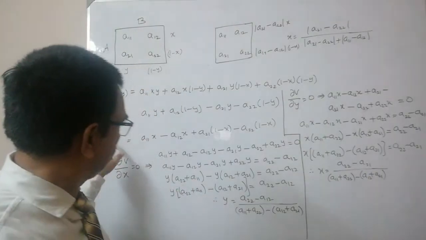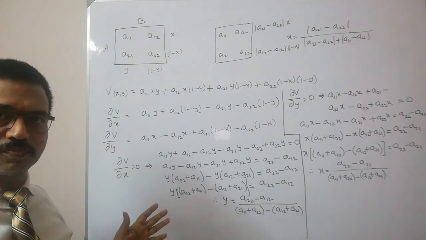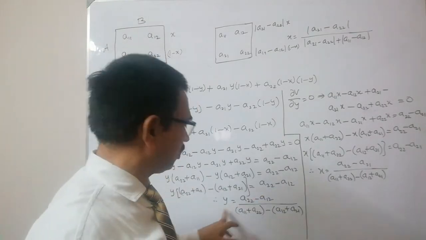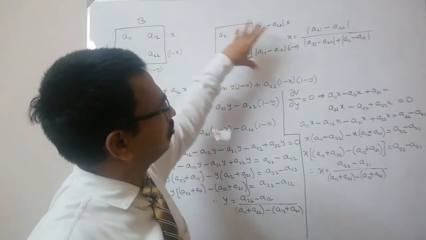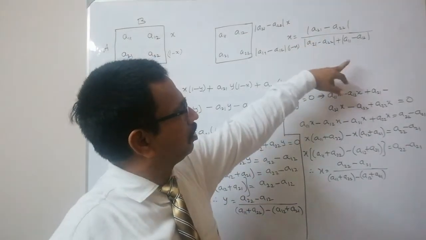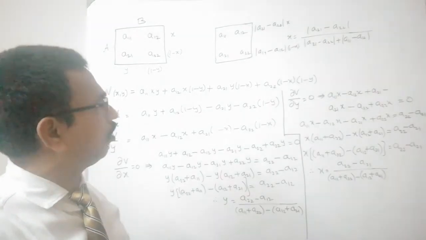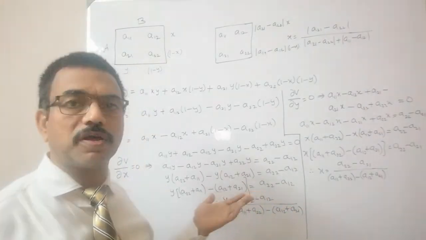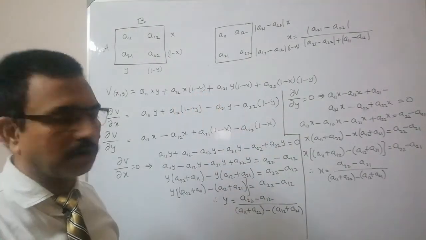Actually this is derived using this partial differentiation, using calculus. Using calculus we have derived expressions for x and y. The same we simplified and given to solve the problems easily without deriving a formula. You can directly use x equal to this one, and similarly for y also you can take. So that is how x and y can be found. Similarly, we can substitute the values of x, y, of course 1 minus x and 1 minus y also.